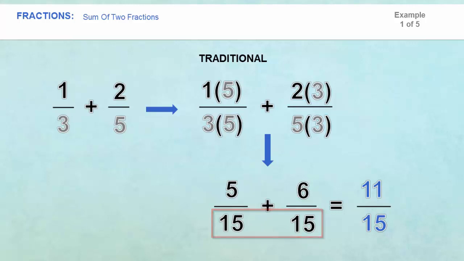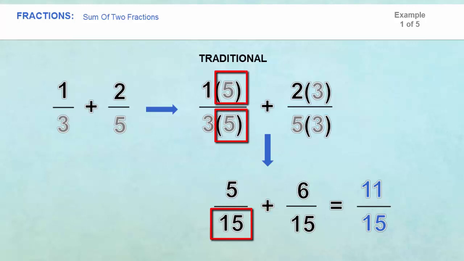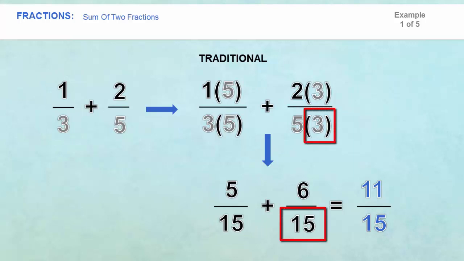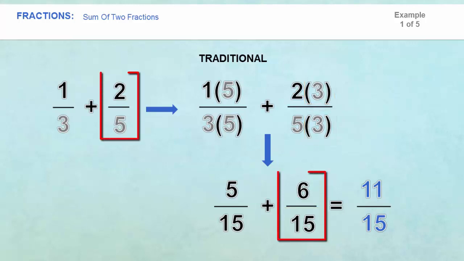To get that, multiply 3 by 5 to get 15. Therefore, multiply 5 to the numerator. So 1/3 becomes 5/15. Since the second fraction has a denominator of 5, to get 15, multiply by 3 and do the same to the numerator. The fraction 2/5 becomes